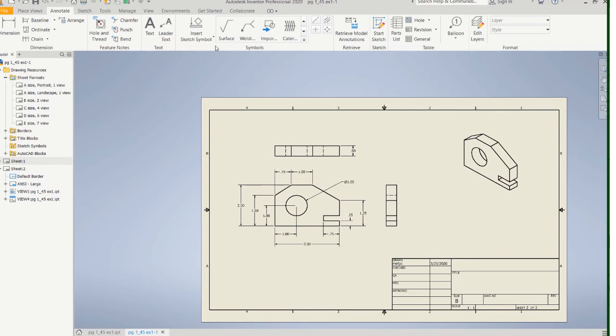The center mark tool is up here. So with dimensioning, we're in this Annotate tab. Right over here is the center mark tool. If you just click on the circle, it'll put the center marks on. Now notice we're missing the center lines. So if you use this tool up here,